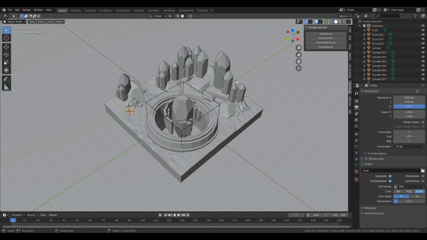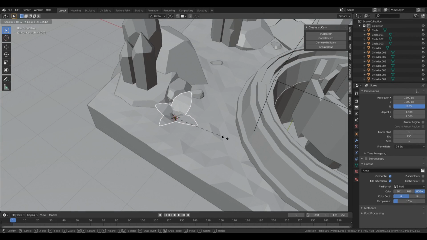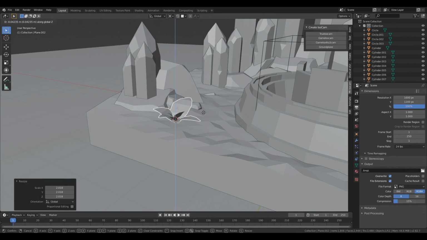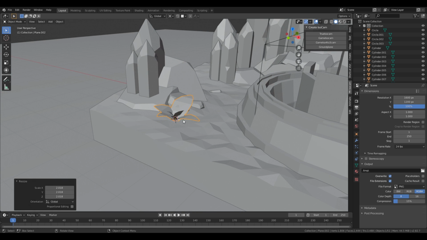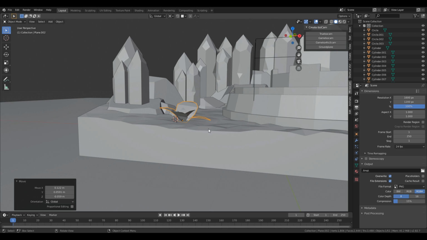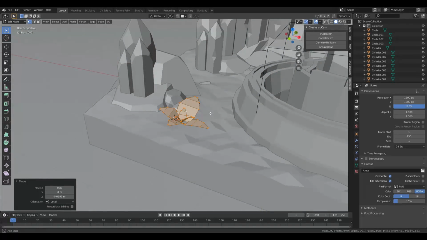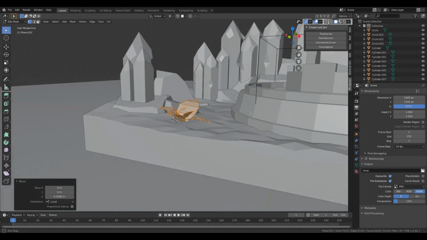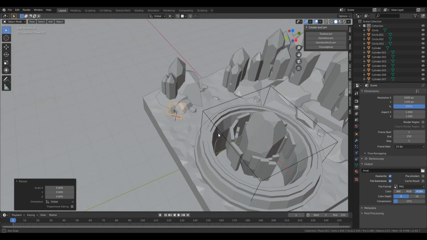Now go to the solid view, exit the local view, press period so you can focus on the object, and you can make this larger. And now if you try to snap this, so press G, and then if you hold Control, you can snap it. If it's too high up, you can always go into the edit mode, press G, Z twice, and move it a little bit lower so the origin point is higher. But I don't think it's necessary here, so just press G, then Control, scale this,